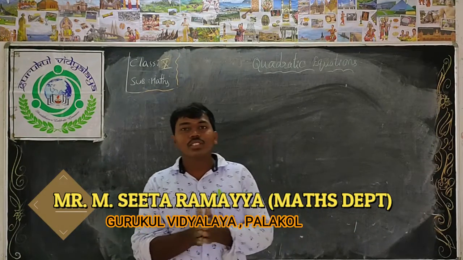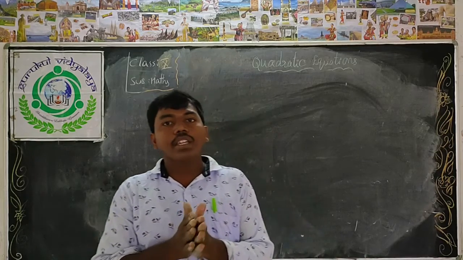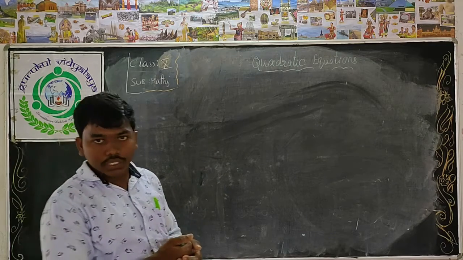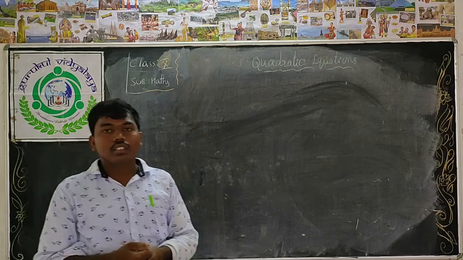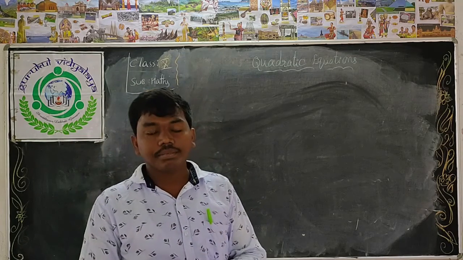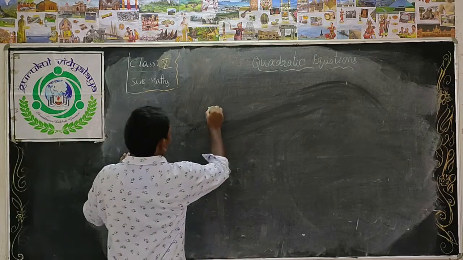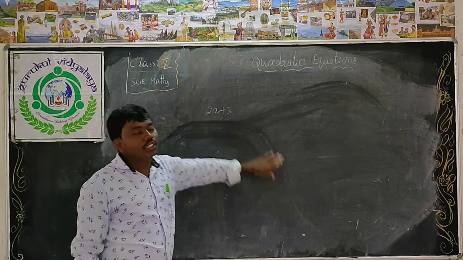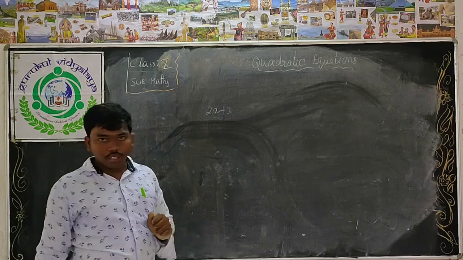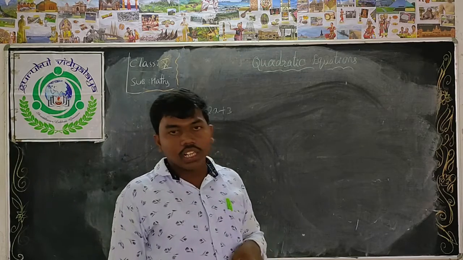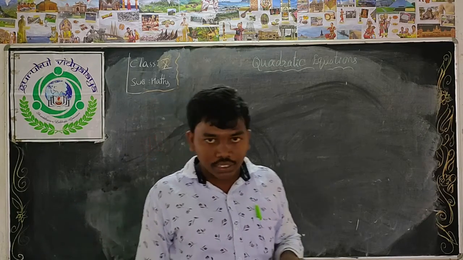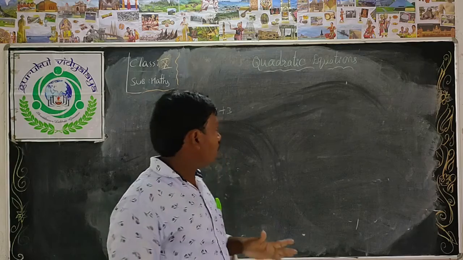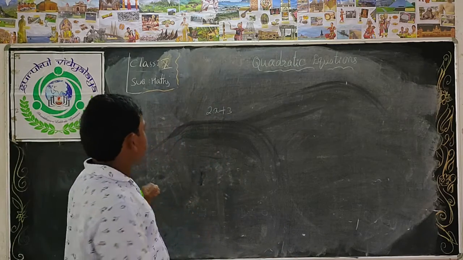Good morning, children. Today, the most important topic I will tell in our mathematics, children, is quadratic equations. Before going to that topic, I will tell about sum reduction. For example, 2x plus 3. What is that? This is an algebraic expression and also a polynomial. You already learnt in previous classes algebraic expressions, linear equation in one variable and linear equation in two variables. Okay, children. Now I am going to tell about equation.